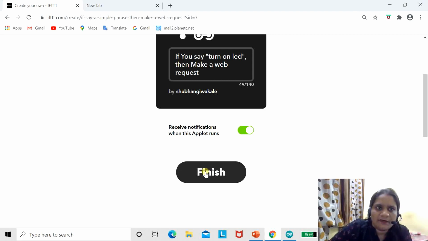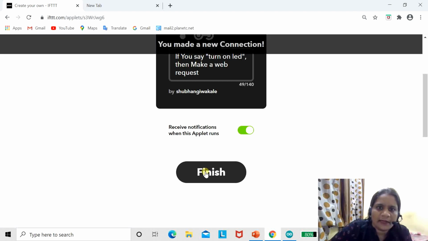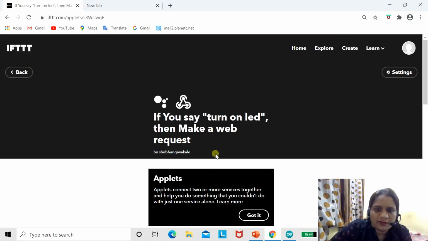After finishing this process, we will create an applet for LED off. This applet is ready; you may say turn on LED. Now we will create another applet to make our LED off. The same process we are going to do.